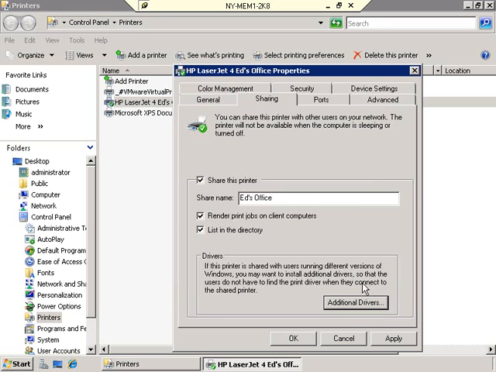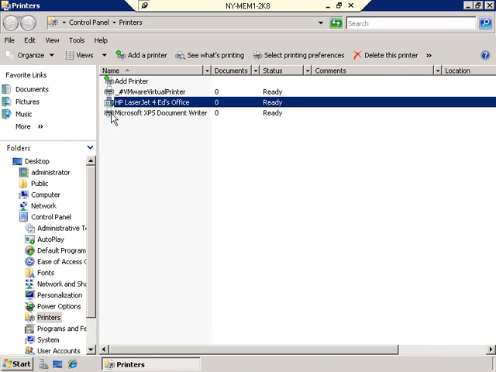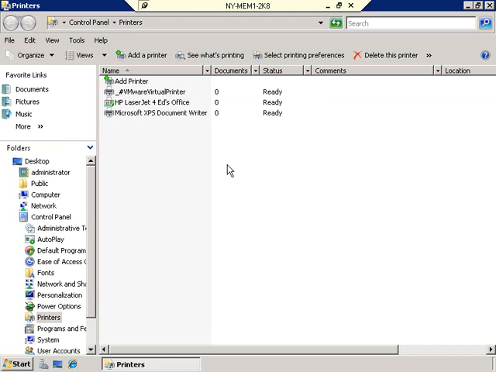So I'll go ahead and cancel out of there and click OK. And now, just like with shared folders, we see the additional icon that's been added to represent that this printer has been shared. All right, let's go ahead and leave that alone for right now,